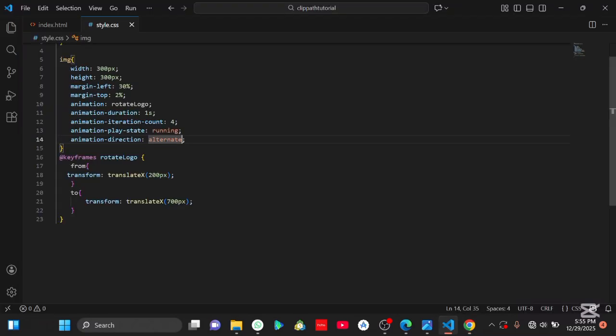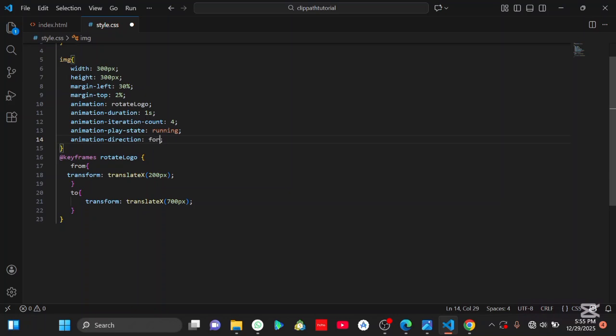But in the iteration count, we have indicated 4, and that is because it is moving 2 times forward and then 2 times reverse. So that is how the animation direction works. When it is in alternate, it is moving 2 times forward and 2 times backward, and when it is in forward,